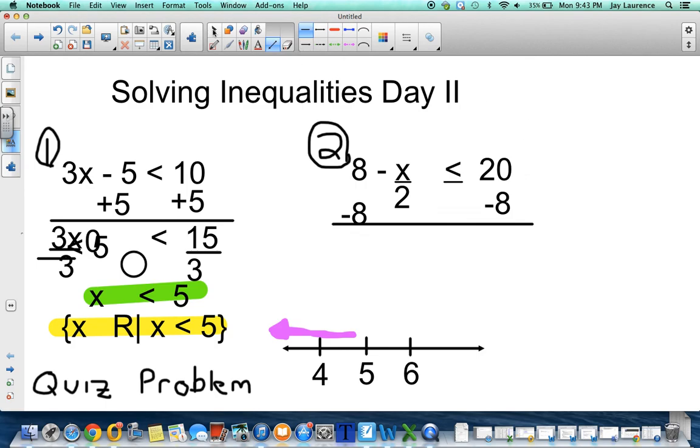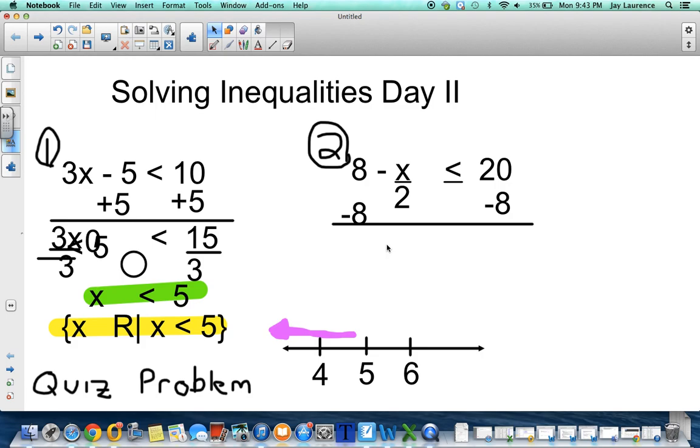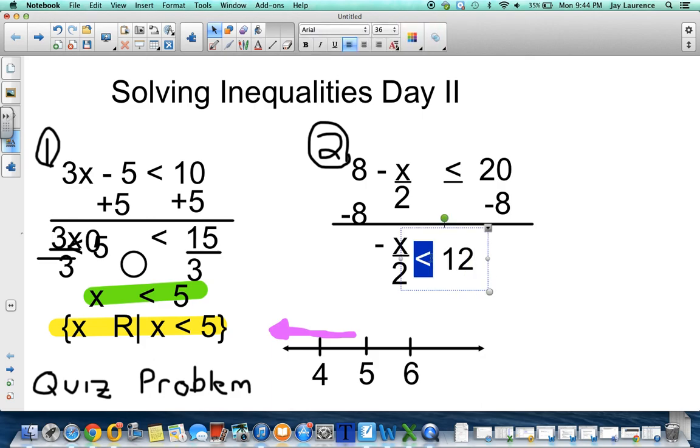and that will leave me with, and this is a pain, but that's okay. I'll do this. All right, and bring my 2 down. Fractions are a pain without the, and then that's going to be less than 12, I believe, less than or equal to, something like that, right? Okay, now, to get rid of this fraction, I'm going to multiply both sides by 2,